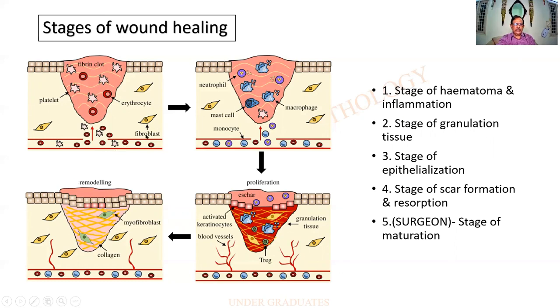Simultaneously, see, this is the epithelium, this is the basement membrane of the epithelium. It continues to grow. The hematoma gets shrunken, and beneath that, the basement membrane grows, and the epithelium is relaid over it. Finally, you find that there is a defect which can be replaced by a scar. That is shown by the meshwork of fibrosis that is over here. This is a basic concept, so I would like you people to understand this. This can be applied to primary healing, secondary healing, etc.